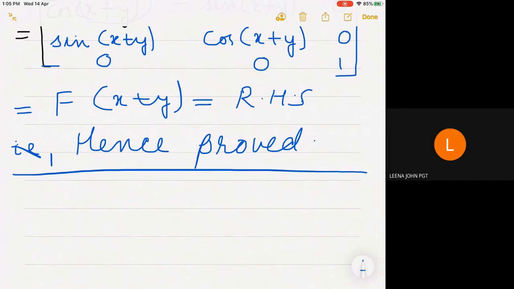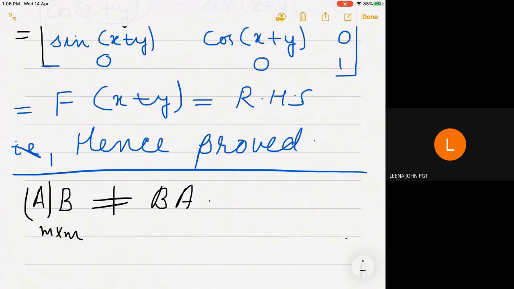Next is, you have already learned in your matrix multiplication, A into B need not always be equal to B into A. But there are very few cases where A into B can also be equal to B into A. A into B equal to B into A means A and B must be square matrices, otherwise the multiplication itself is not possible. Because if A is a square matrix of M by M, B must also be a square matrix of M by M, so that A into B can be defined and also B into A can be defined.